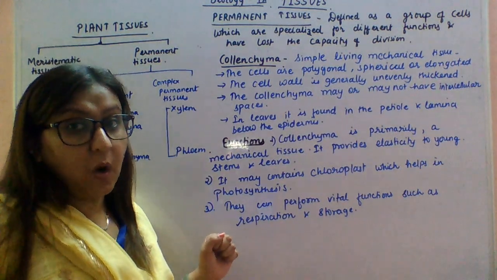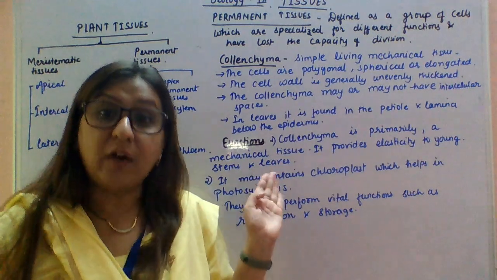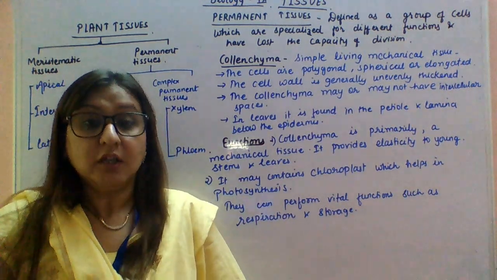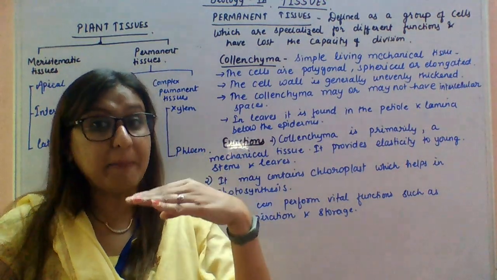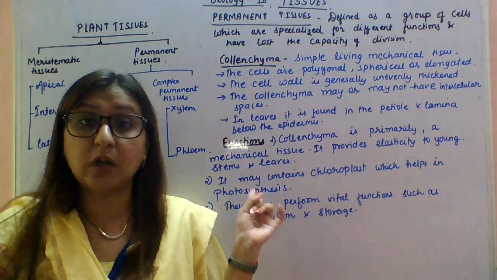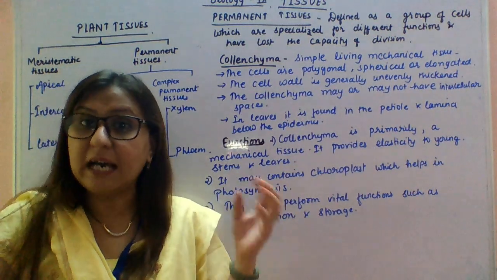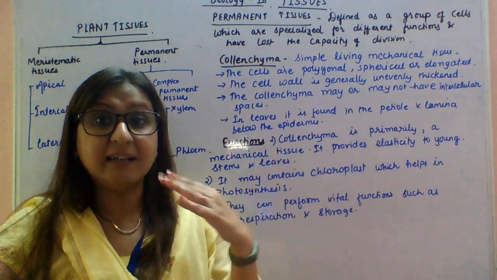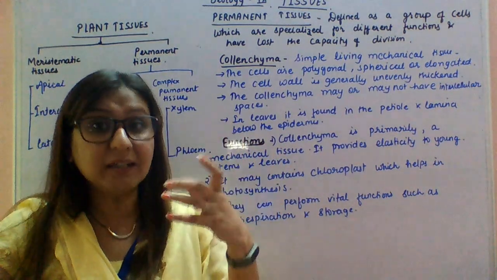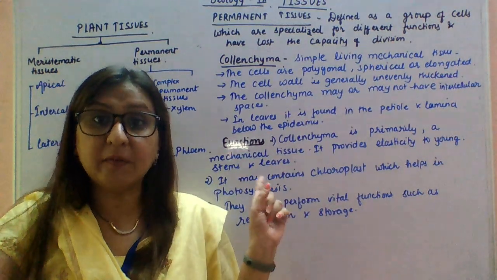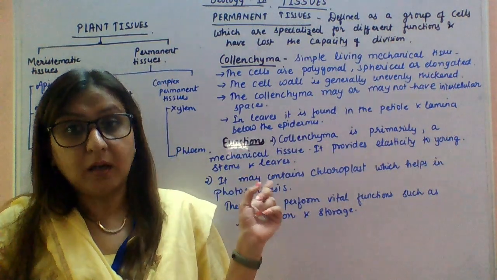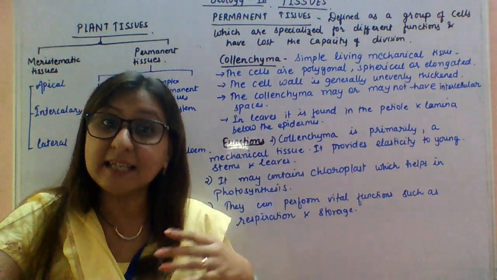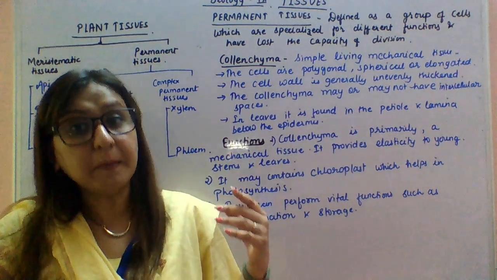Now, what are the functions of collenchyma? Basically, the function of collenchyma is that it provides flexibility to the plant. When stretching or bending of the plant takes place, it is due to the collenchymatous tissues. You see now, when the wind is blowing, the plants are bending left and right. They don't break down, right? Due to the help of these collenchymatous tissues, the stems have the flexibility to easily bend down along with the wind.